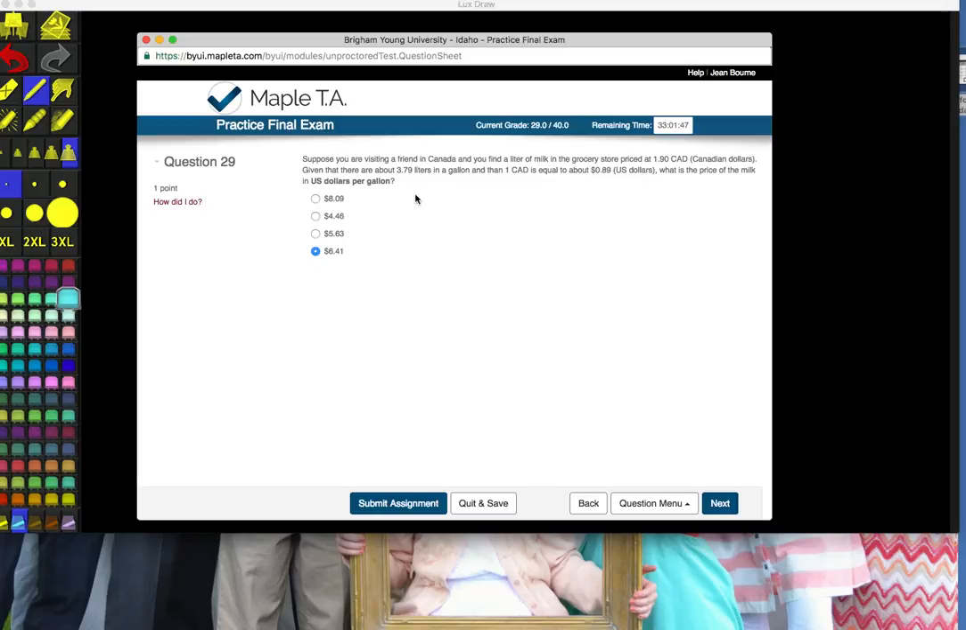All right, so suppose you're visiting a friend in Canada and you find a liter of milk in the grocery store priced at $1.90 Canadian dollars. Given that there are 3.79 liters in a gallon,